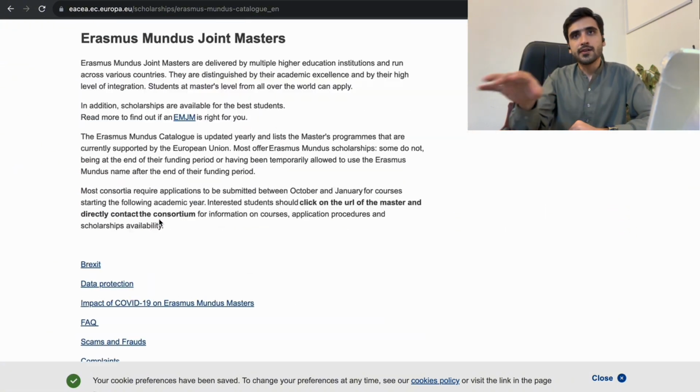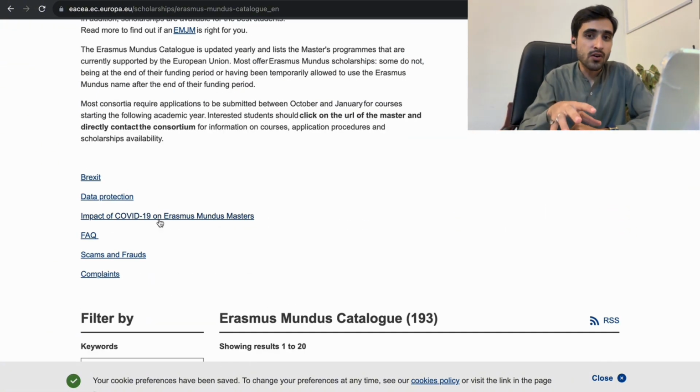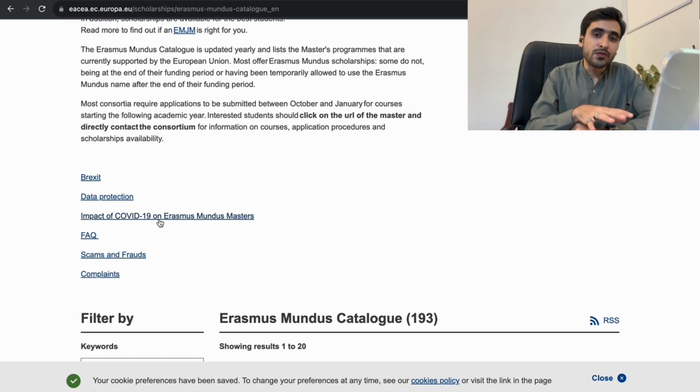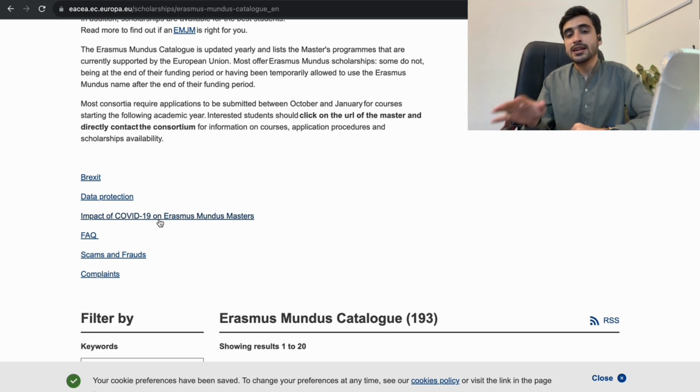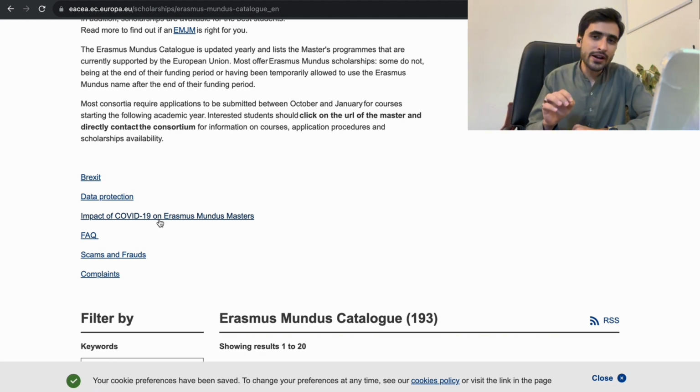You need to know that this is a fully funded scholarship, and they cover all of your travel, academic fee, living expenses, and all the stuff that you can think of. It's a scholarship of 49,000 euros for 2 years, and around 18 to 20,000 euros is the academic fee, and the rest of the money goes to your pocket for managing your expenses.